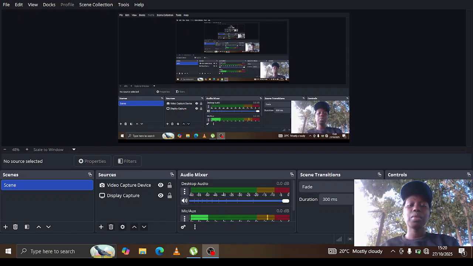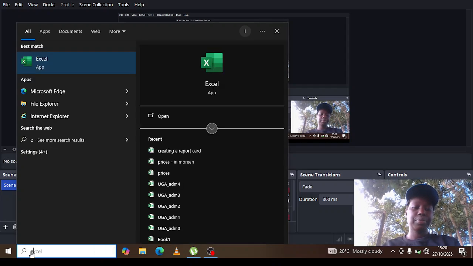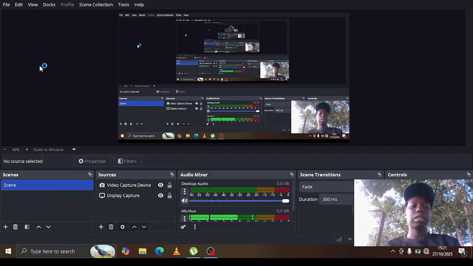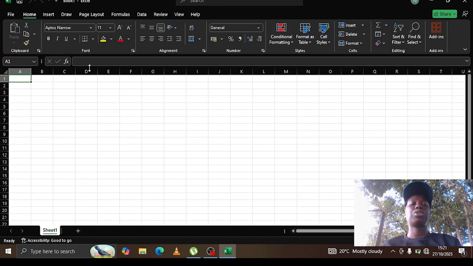For now, I'm going to be discussing the introduction to Microsoft Excel. You're going to type Excel into the search bar. The app is already here, so you click on it and wait for it to bring up the options. You see a lot of things here, including your company's name. But for our case, as an introduction, we are just starting